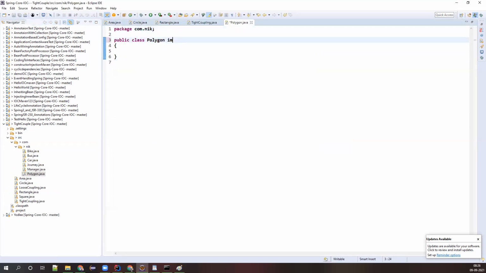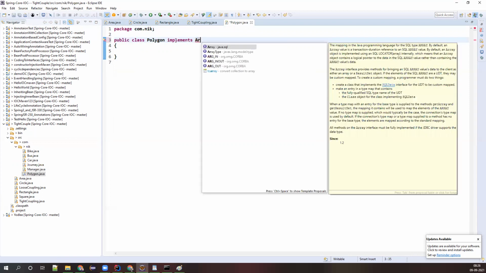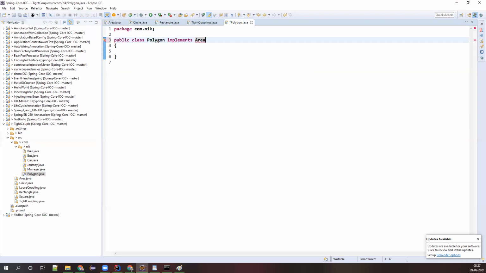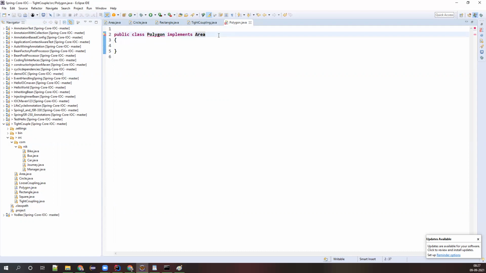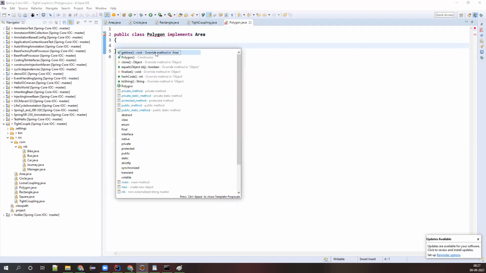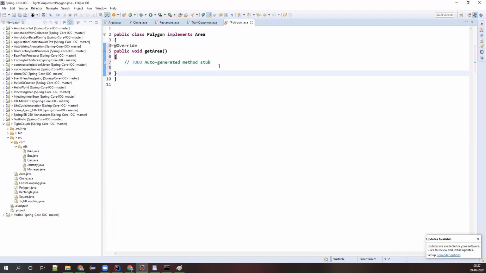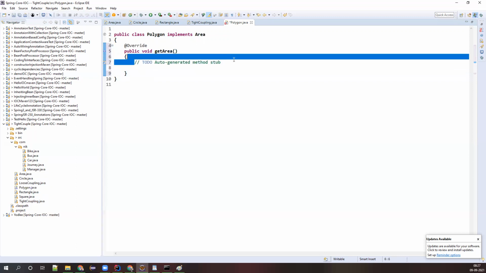Polygon implements with area. What is happening? Seriously, I don't know. It's inside the Nick package. Okay. So now here again, I'm gonna write